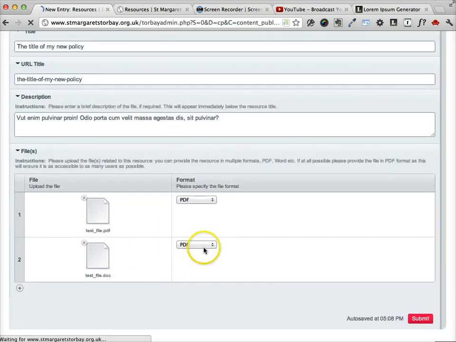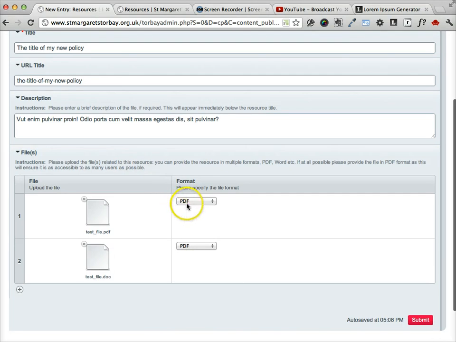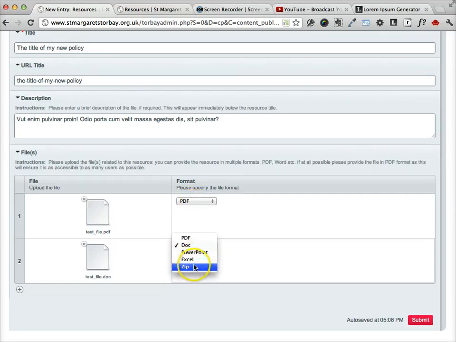Okay, so now we've got two versions of the file. One as a PDF, and the other as a doc, and I need to specify that by clicking on this little menu here and telling Expression Engine what kind of file it is. So PDF is selected by default, but you have the option to upload these other types of files as well. Okay, so when I click Submit